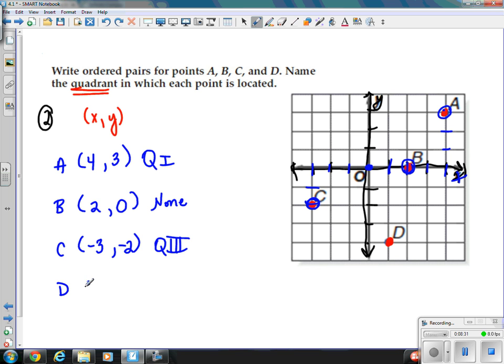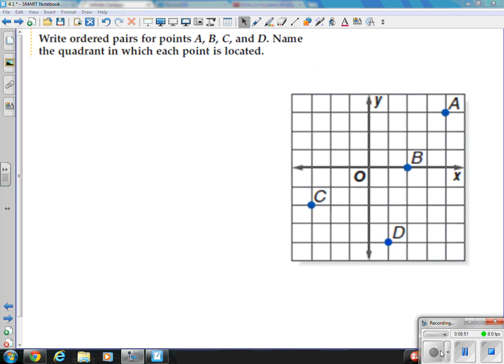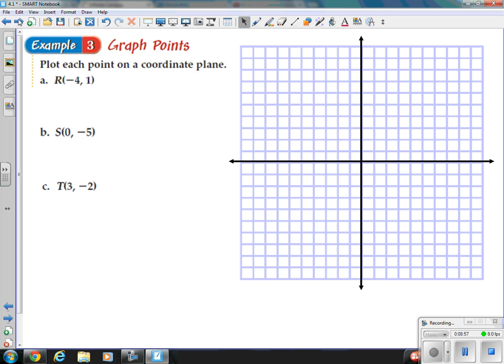And our last point is point D. I'm going to have to go right 1 and then down 1, 2, 3, 4. Since I went down 4, it's a negative 4. And he's in quadrant 4. Okay, now that we've written ordered pairs for our points, we're going to look at our next example, and